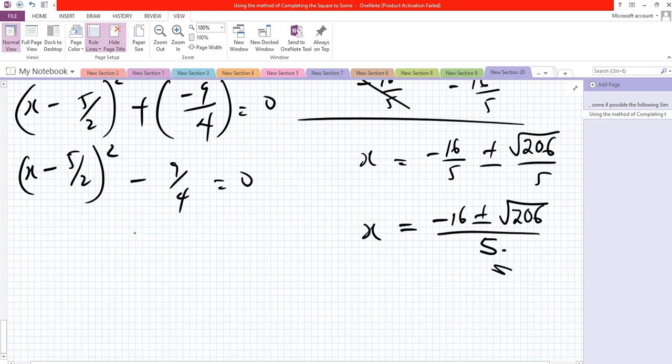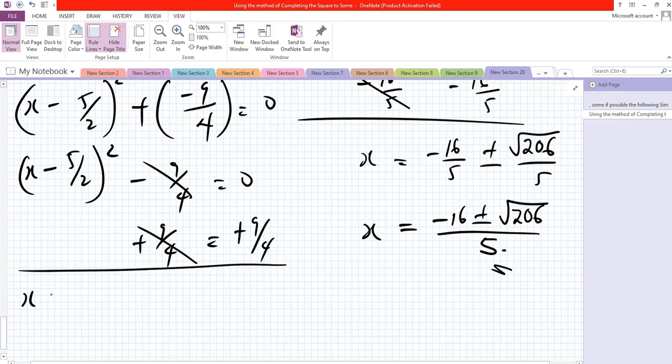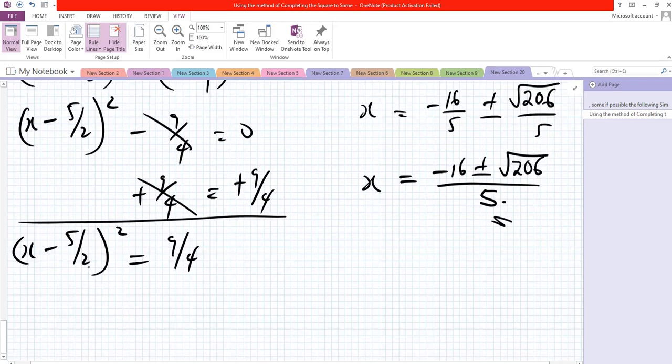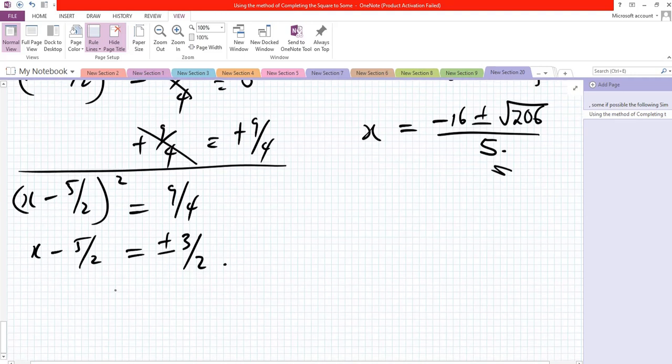Now if you add 9 over 4 to both sides, this will cancel out. You are left with x minus 5 over 2 all squared equal to 9 over 4. Taking the square root of both sides, you have x minus 5 over 2 equal to plus or minus 3 over 2. Now, if you add 5 over 2 to both sides,